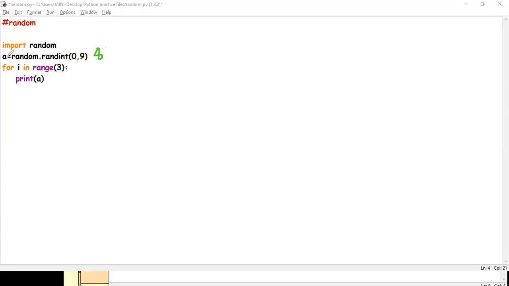So that means a had the value 8. And then in this loop, I just kept printing it 3 times: print 8, go back, print 8, go back, print 8, go back, because the place where the random number is given is above my for loop.